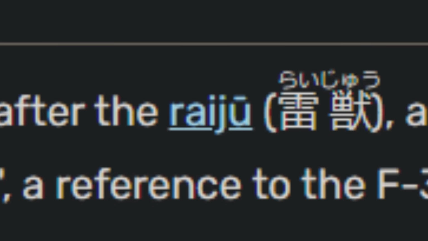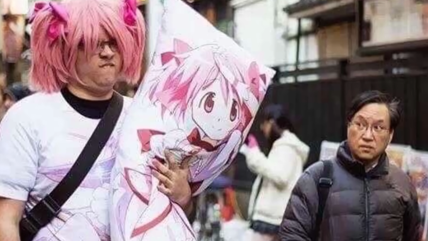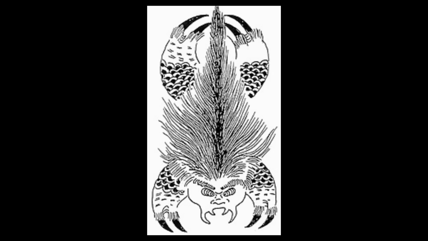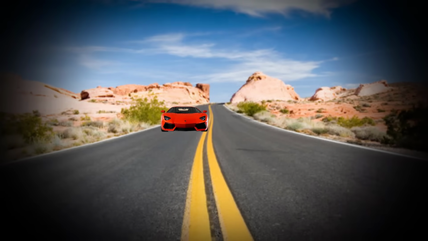But first of all, what the heck is a Raiju of all things? Oh, of course, it's something to do with Japan. It always is! I mean, the thing looks like what you get if a hedgehog and a crab mate with each other and then the offspring runs out onto the road and gets flattened. Anyways,